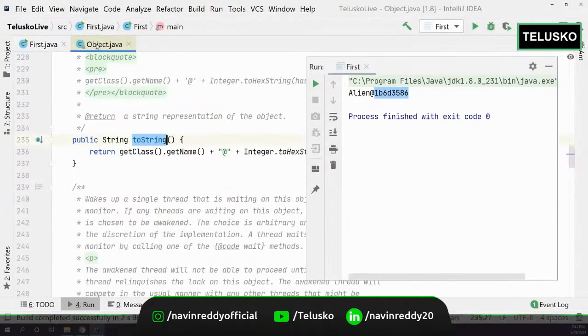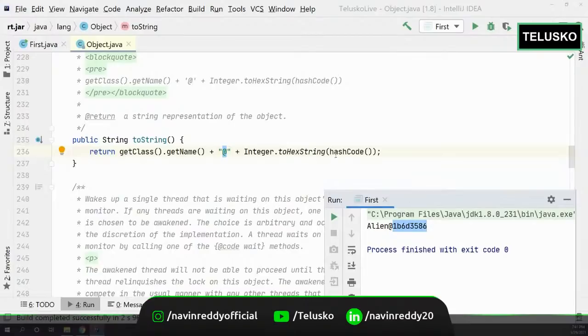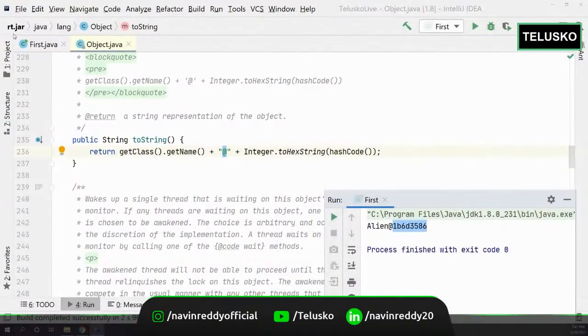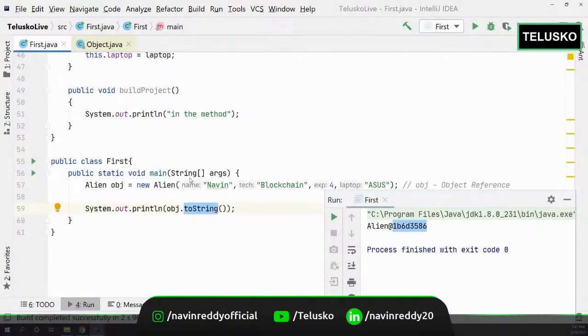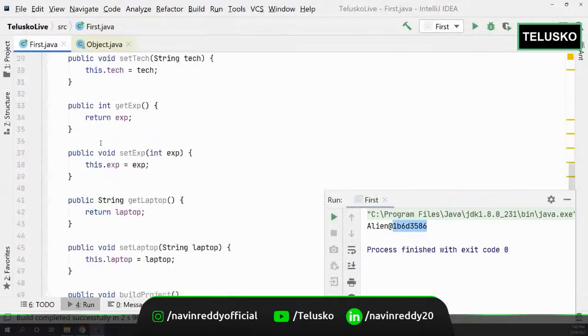And if you see the definition of toString, it says what? toString will print the name of the class, toString will print @, and then toString will print the address. Okay, how do I get that? Let me just take it down. Yeah, so toString will print the hash code here, right? The hash code, that too in the hexadecimal format, and that's why you see this weird thing. But what if you don't want to print that format? You want to print the data. So in this case, what you can do is